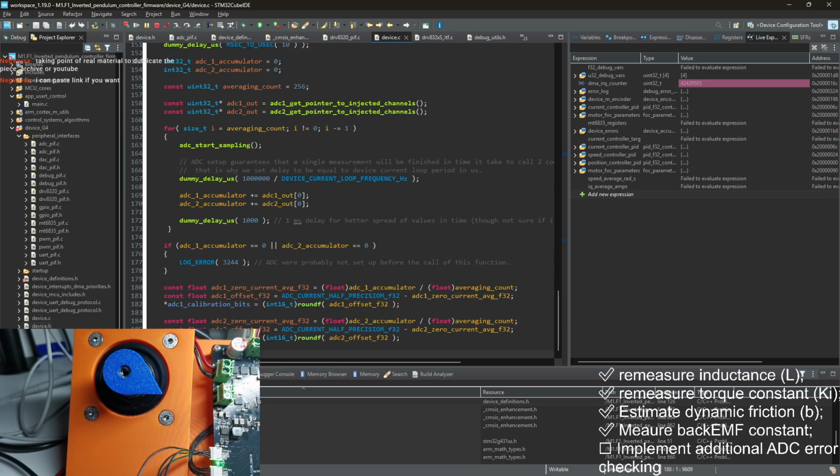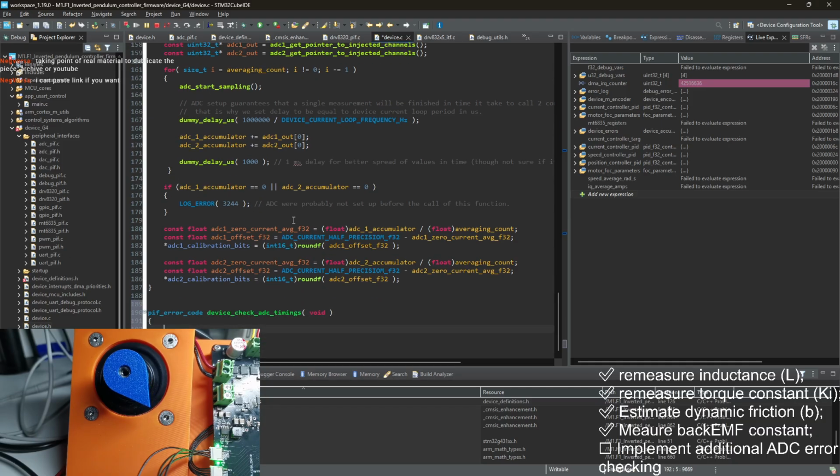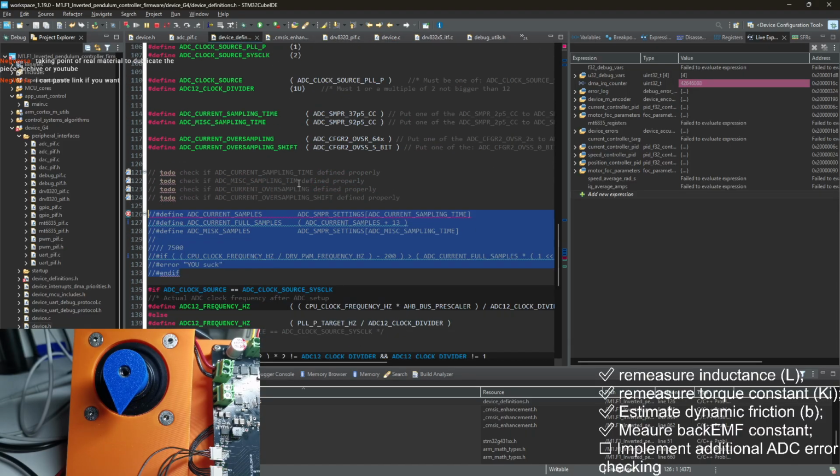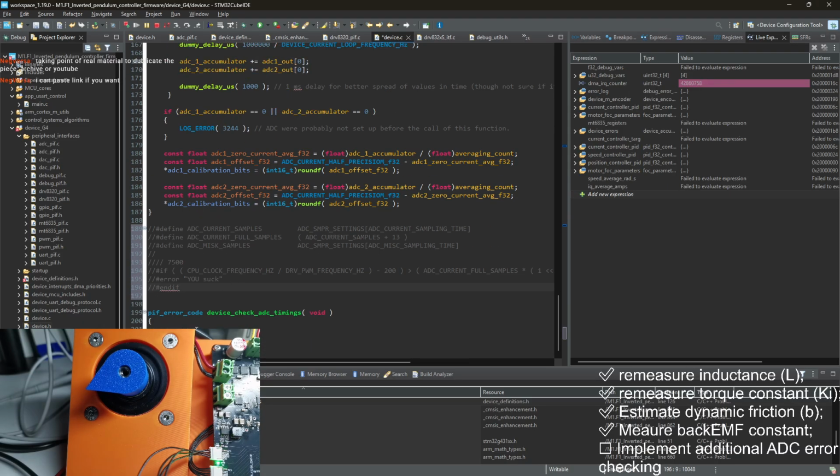So let's go here, edit here, and what do we do here? We copy what we were trying to do here, but with this making much more sense this time. Okay. So let's say it will be